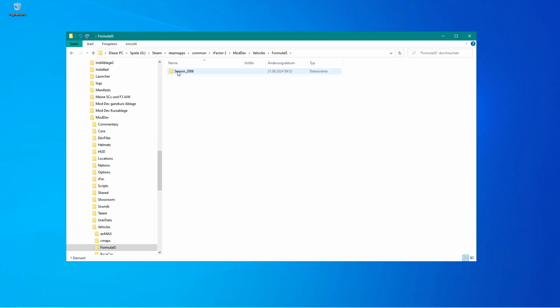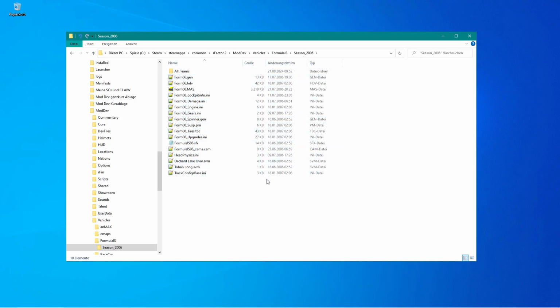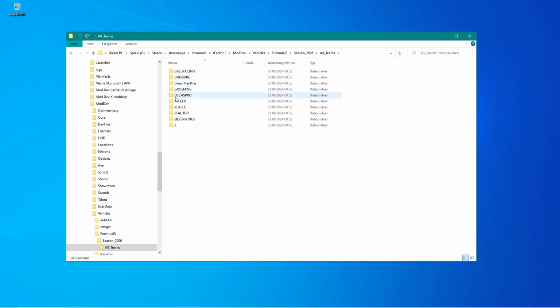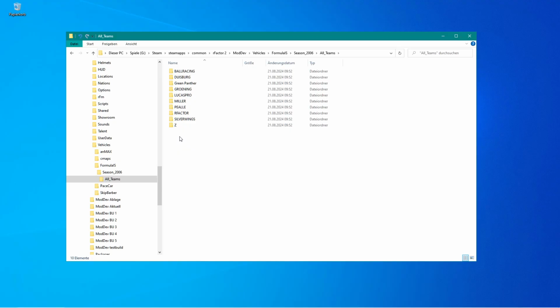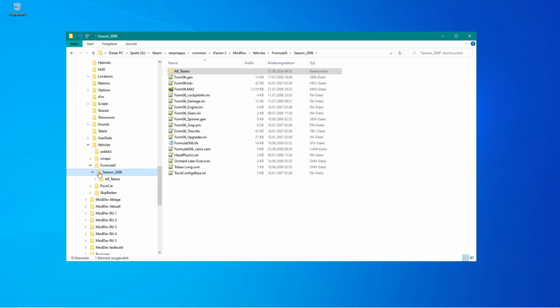And as you can see, there's only one subfolder with the season of 2006 that has an all teams folder that has subfolders with the teams. That is a usual folder structure in rFactor 1. And this one has only one mass file. Sometimes you have more than one. It's very different, and